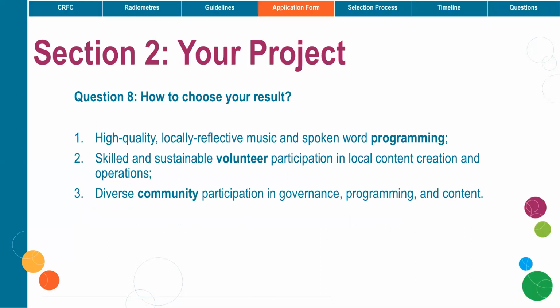Now question 8. When you take a look at the results that were presented earlier to you by Marie-Ève, you may think, well, my project, I think, fits into one or more of the results. So we are aware it might be hard to make a choice, but you don't have to make a choice right at the beginning when you start planning or the definition of your project. We encourage you to go further into the thinking of your project, detail the activities, really take a look at your budget, your timeline,